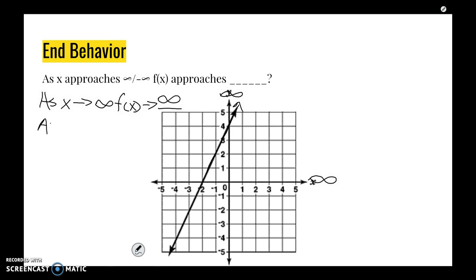And then we also want to say as x approaches negative infinity, f of x approaches. So in this case, as we go to the left, or towards negative infinity, we're going to go downward and approach negative infinity as well. So here, this would be negative infinity. So we're looking for where it goes on the ends. So if you had an example that had solid points, we would say that as we move to the right, or towards infinity, this one's going to approach, let's say that's 3. So as we go to the right, it's going to approach the highest point, which is at 5. And as we move to the left, it's going to approach the lowest point, which would be at, in this case, let's say negative